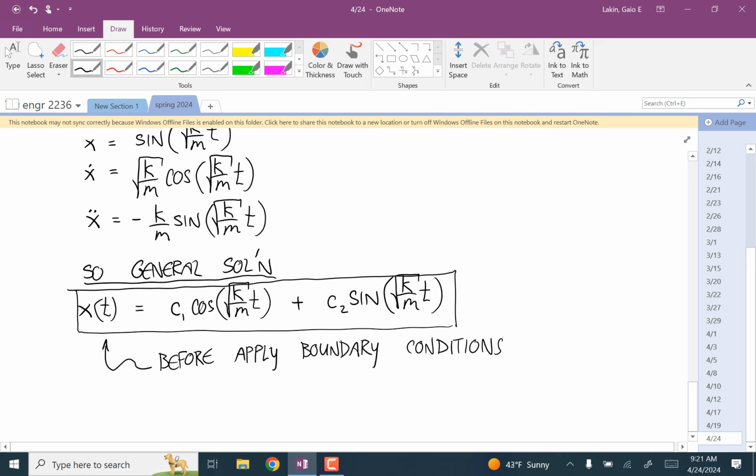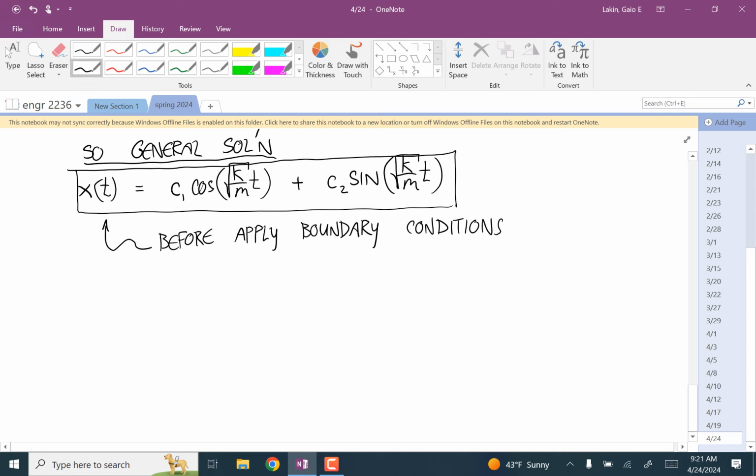Okay, so now we're going to go from this general solution and decide what's happening at time equals 0, to give some relationship between the position and the time. And we can use that to find these constants c1 and c2. So now we're going to use the boundary conditions. And I'm going to say that when time is equal to 0, x is equal to positive L. Okay, so what we're saying is we're pushing this thing in a distance L